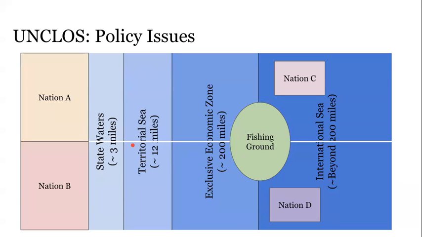But the point, for our purposes, is just to understand this framework, and to see how these policy issues can interact between nations, whether adjacent nations or other nations, depending on these legal frameworks as they're established. One of the most fundamental results of UNCLOS is the establishment of these geospatial boundaries. UNCLOS provides a standardization of property rights in the ocean. Based on the rules contained in the physical boundary definitions, signatory nations and non-signatory coastal nations adhering to UNCLOS rules, like the United States, have the respective rights and obligations of coastal nations defined with some degree of precision.